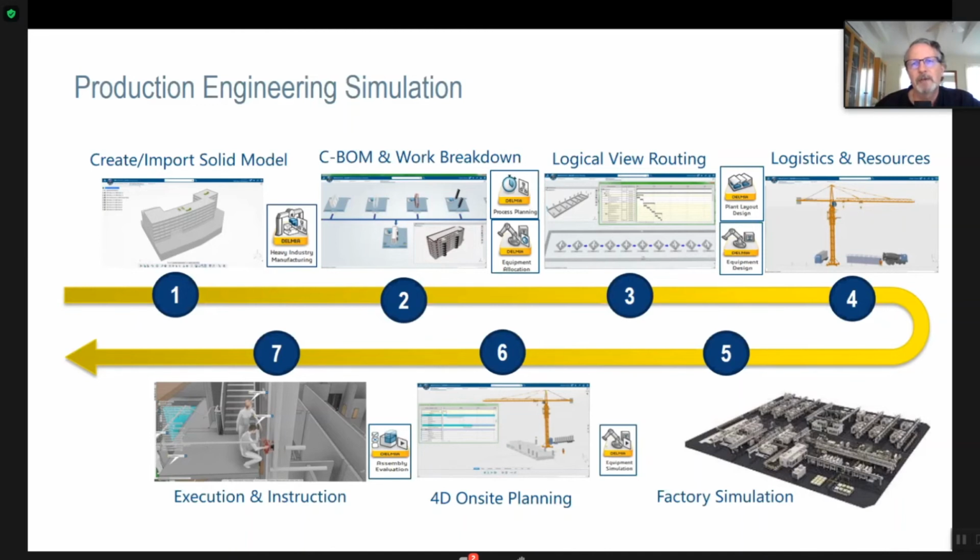The next 3 things that are critical is that you have to have a logistics plan for trucking, for laydown, for lifting. You have to optimize your factory because your factory makes money based on throughput, whereas construction sites are cyclical. So you have to balance these 2 businesses in such a way that your logistics, your factory, and your site are balanced. And finally, you have to be able to create work instructions on the job site and an execution plan that you can monitor and adjust as you go. That's very different than what we do today.